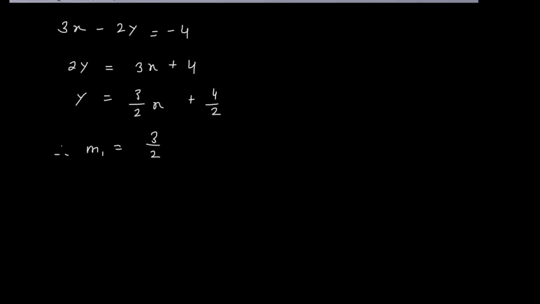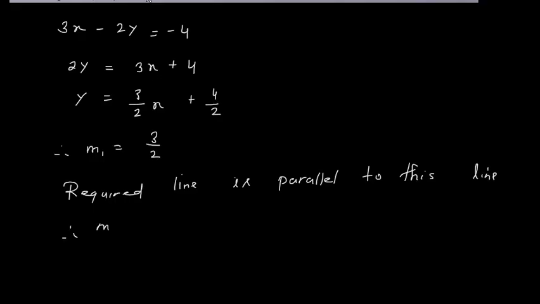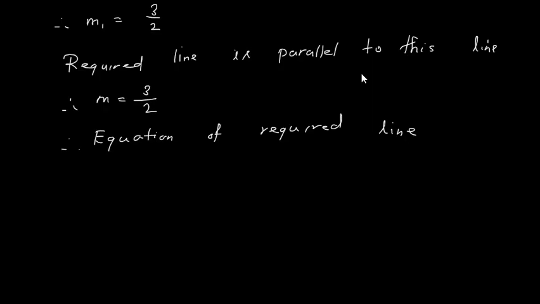The required line is parallel to this line. Therefore m, that is the slope of the required line, will also be equal to 3 divided by 2. So m is equal to 3 divided by 2. Therefore I will say that the equation of the required line is